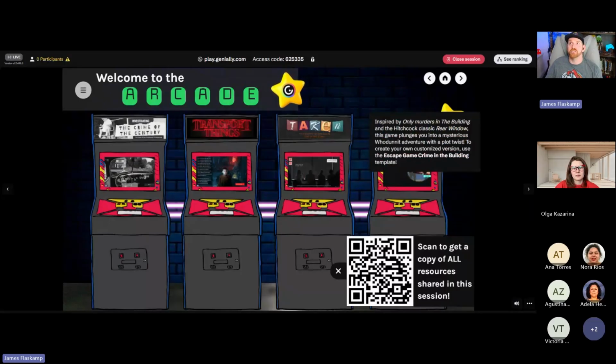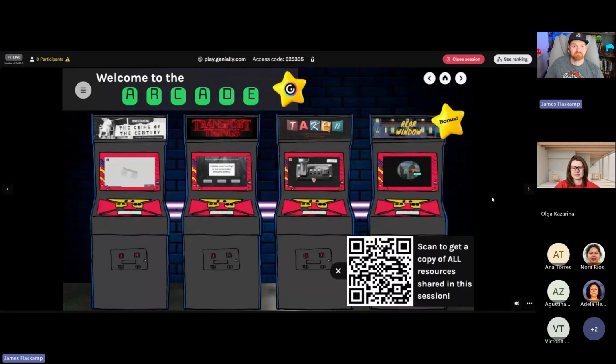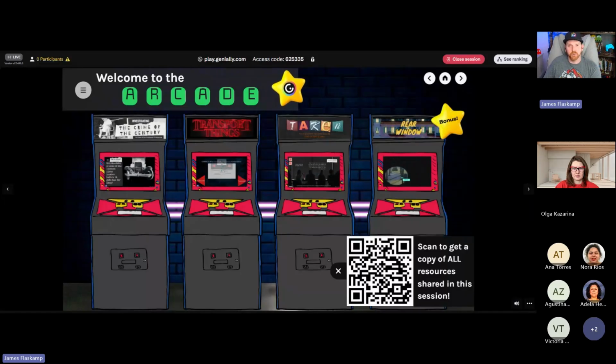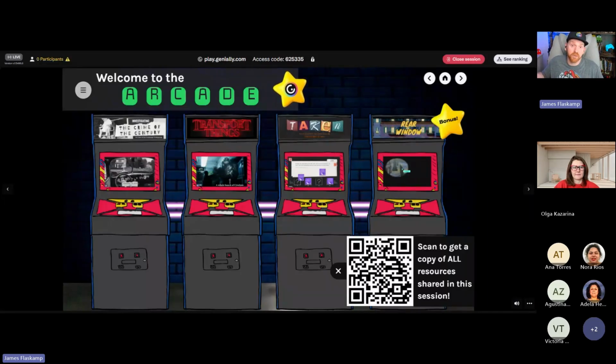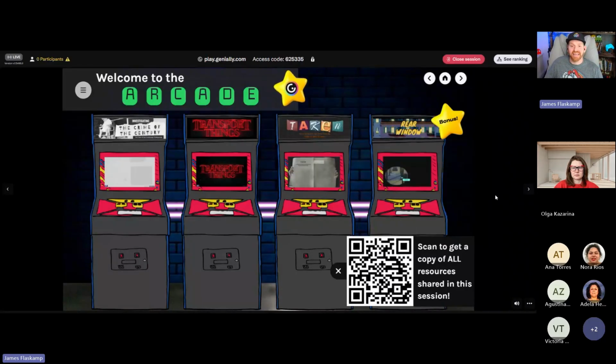If you want to see just what Genially is capable of, this gives a really awesome use case for what you can do on a super high level. So I wanted to share that with you as well. There are even some tutorials as part of this that show you how to do some of the things they do in this Rear Window game. And the game itself is really fun to play too, by the way. If you just like playing games like I do, you might find yourself enjoying that as well.